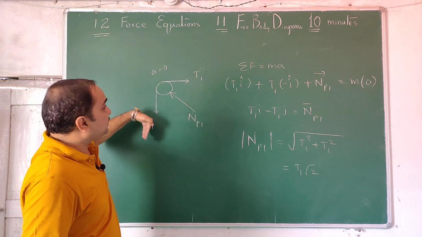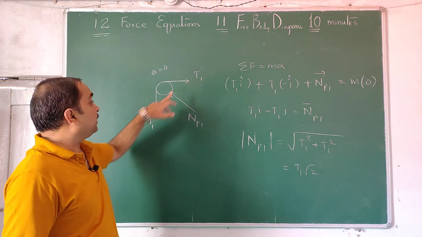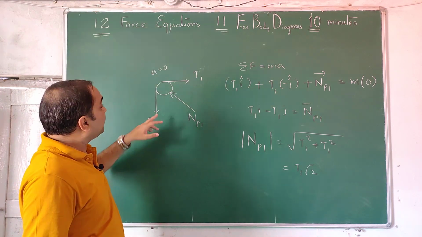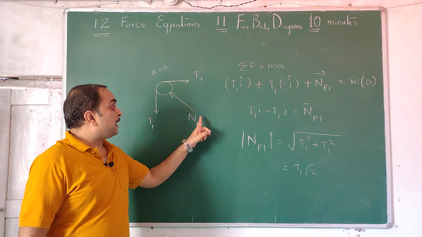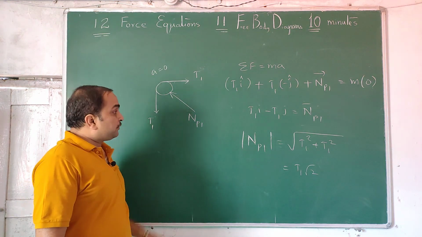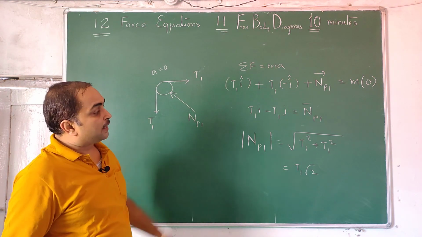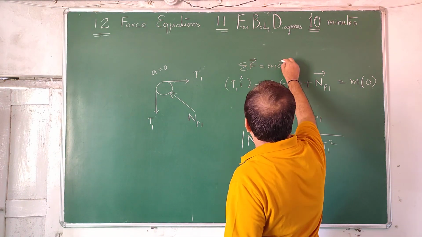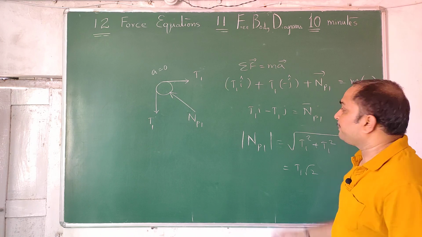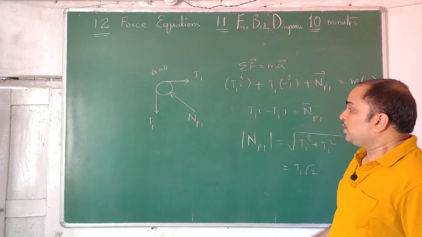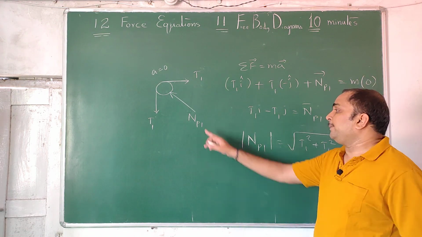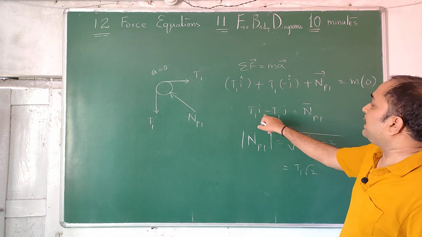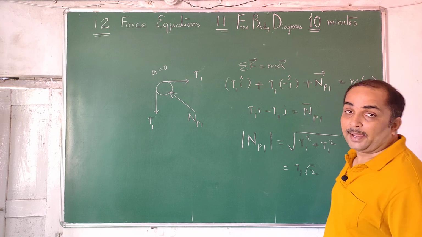So this is T1, this is T1, and they are mutually perpendicular, because it's given a horizontal table and vertically downward. So T1 square plus T1 square under root is the magnitude of this force. If they are not the same or something else, then that kind of procedure you can write. Net force vector is equal to mass times the zero acceleration vector. From that you will get that net force. So this pulley exerts a supporting force equal to T1 i cap and T1 minus j cap.